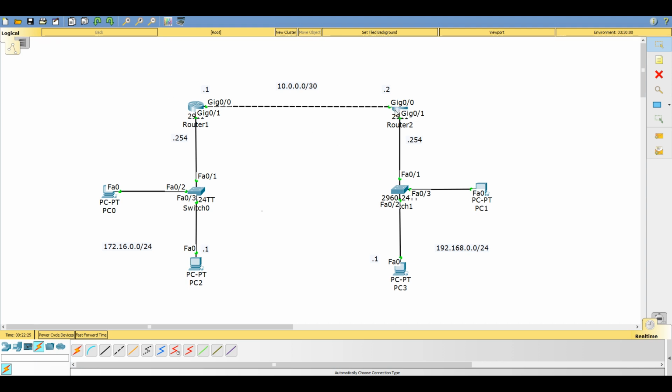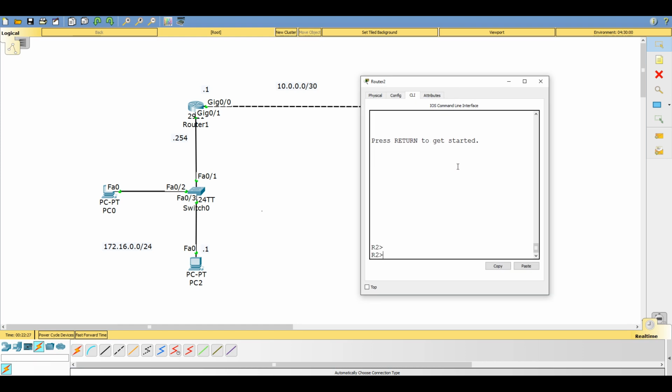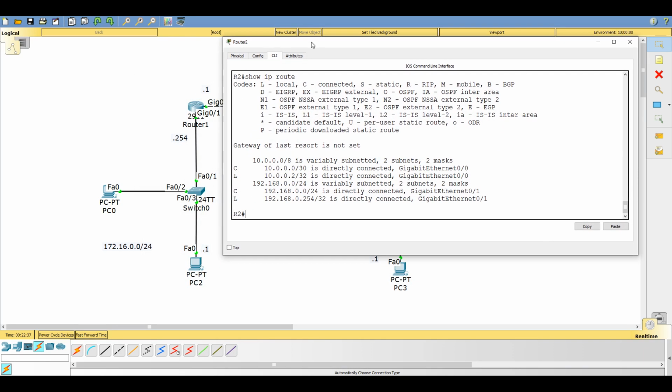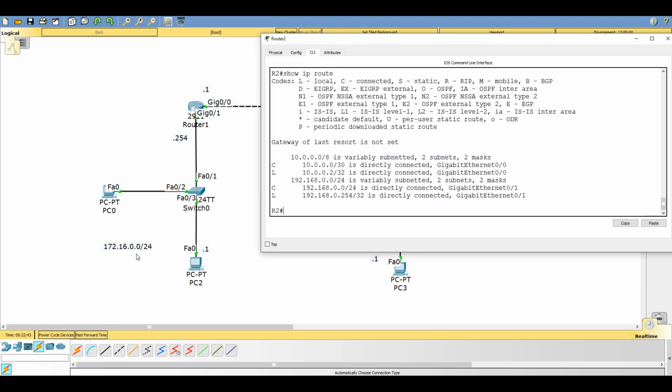Router 2, however, does not know, if we go to router 2, how to reach the 172.16 network. So let's expand that, and we can see it doesn't have it in its routing table. As such, when we're inside the network of 172.16, reachability cannot be achieved. So in order to do this, we need to make sure router 2 has a path back to the 172.16 network. So again, config T,